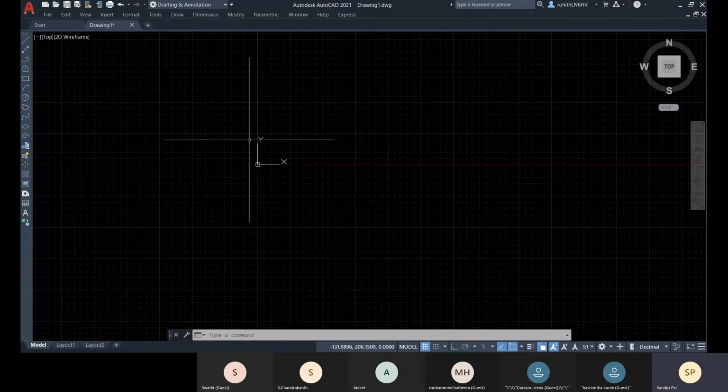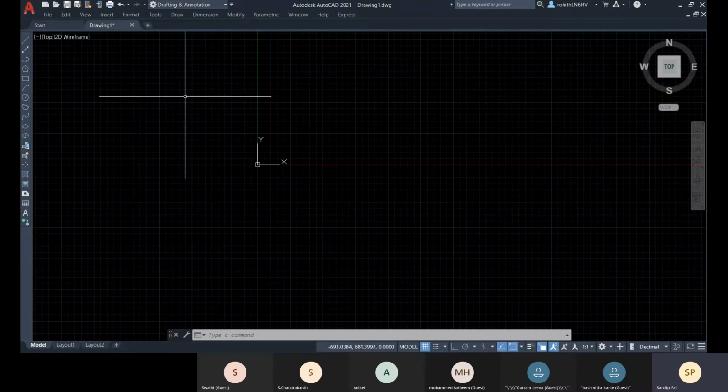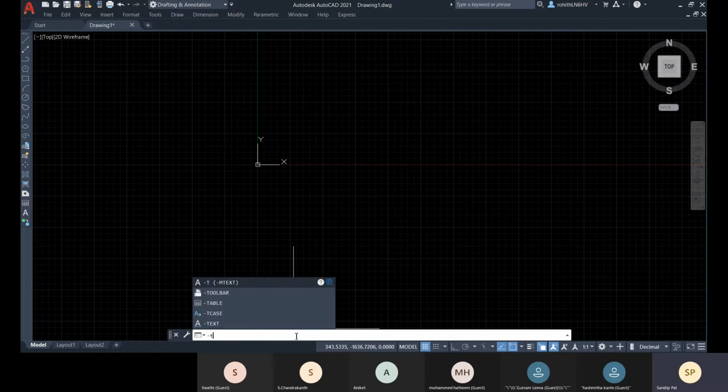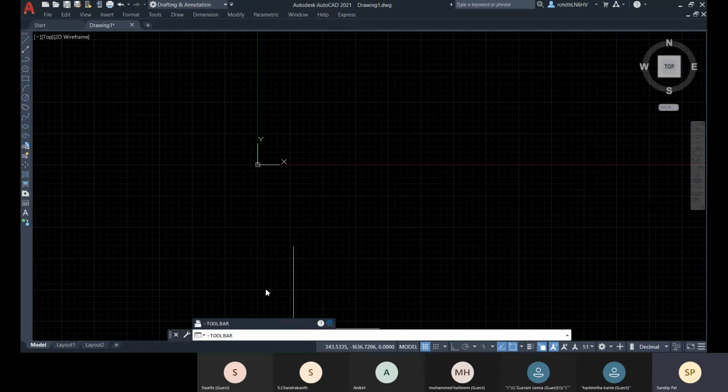Okay, now let me continue. I was creating my own workspace. So I have placed a draw toolbar there, and if I want to place any other toolbars, I will go with that same dash toolbar, and I will bring all the toolbars and place them at the right location.